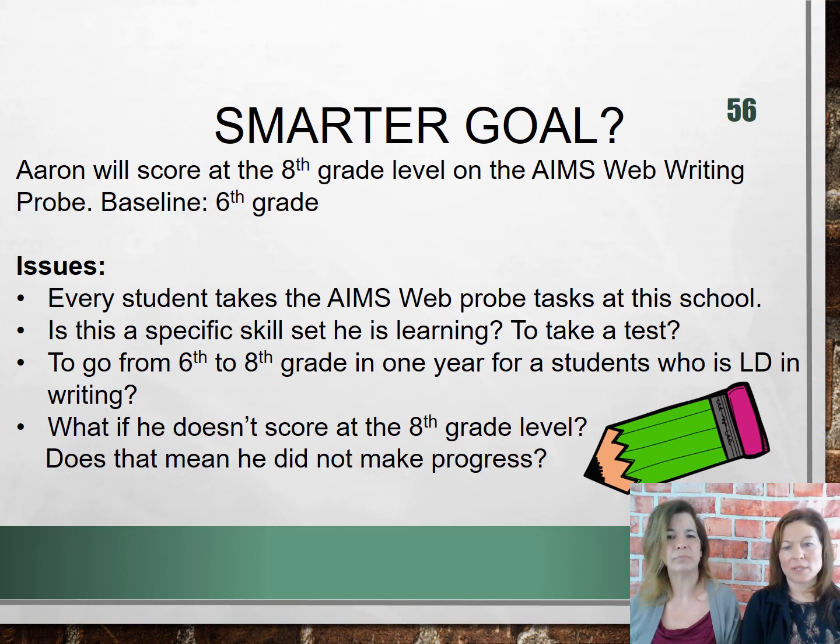So for example, let's say he was struggling with some type of phonological awareness underlying deficit that was affecting his spelling, which then means he has struggles in writing because of his spelling. So that would make sense that you would do a goal for that specific target. It's likewise with reading. If they're having trouble with inferencing or reading comprehension, you need to look at the basic skills under that reading comprehension to see where he is and what he needs to be working on.